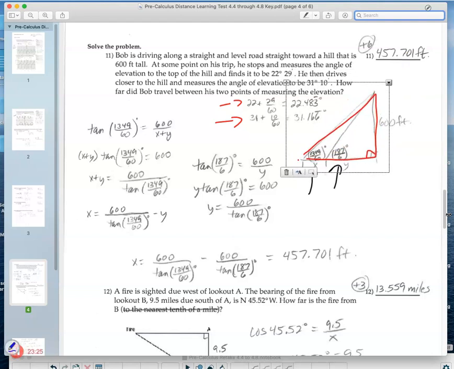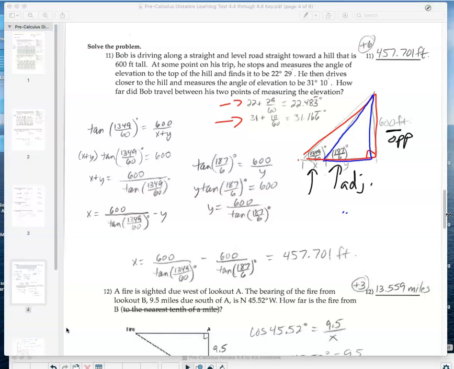Wait for blue to turn on here. There we go. Subtract the inside triangle, and what's left will be that distance that I have for x. And both of these situations are going to use tangent because this is our opposite and this is our adjacent. So what I'm going to have to do is set this up so that I know that x plus y